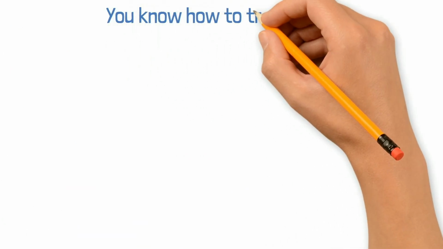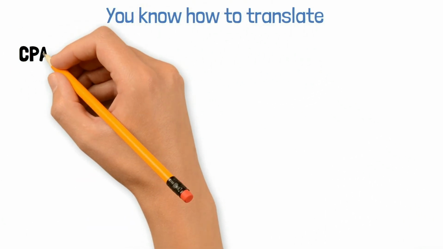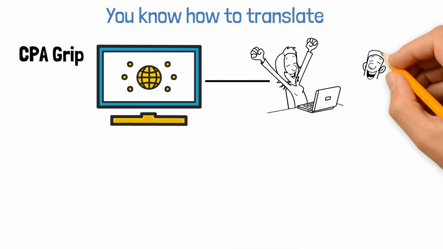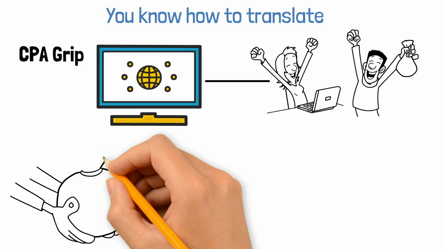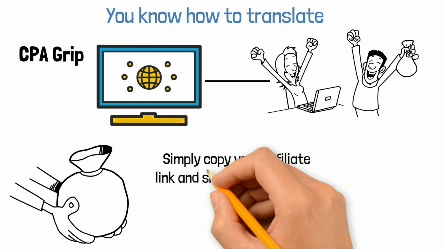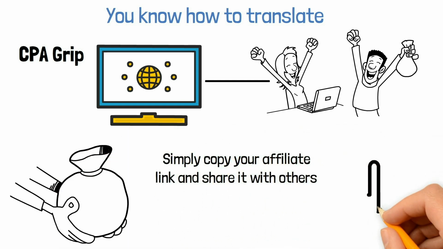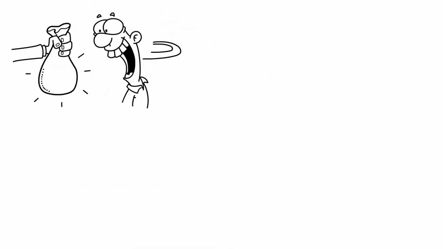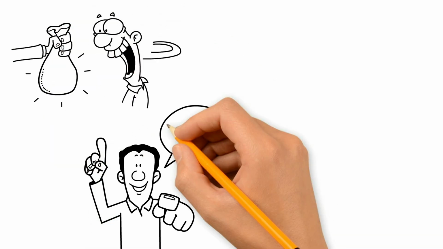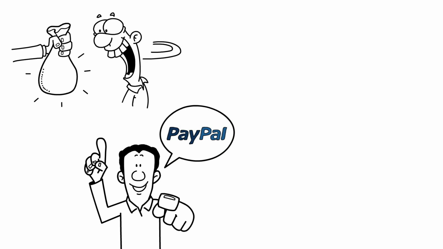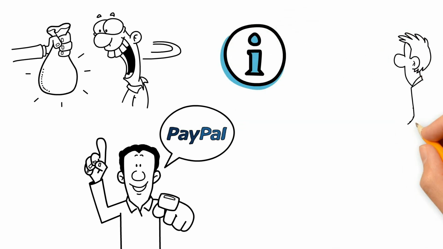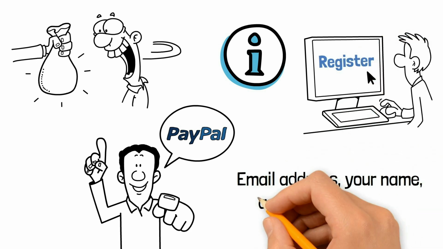Now that you know how to translate, you must now go over to CPA Grip, which is a website that is very user-friendly because it's really simple to make money from it. And to make money on the website, simply copy your affiliate link and share it with others. Whenever someone clicks on a link or enters their email address, you'll earn a commission from that action. This easy-to-use platform is available to anyone in the world since it uses PayPal for payments. The only information you need to provide in order to register for this website is an email address, your name